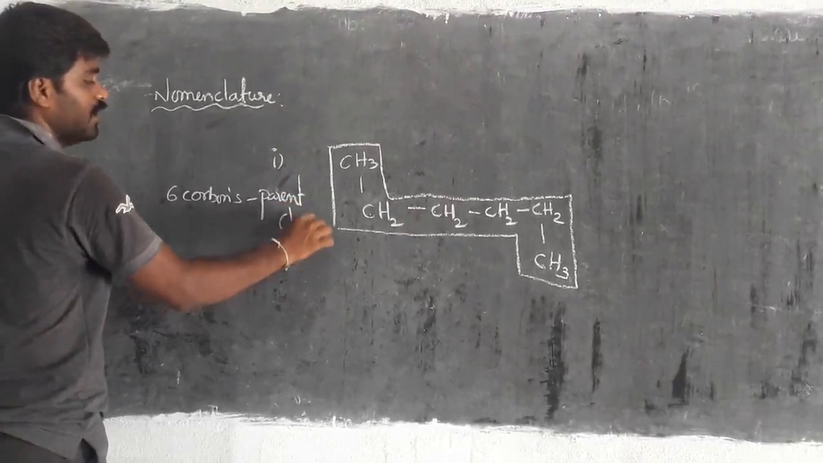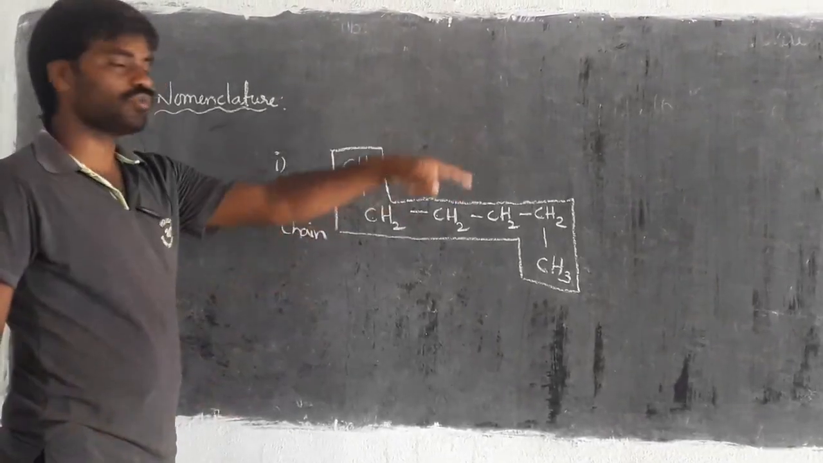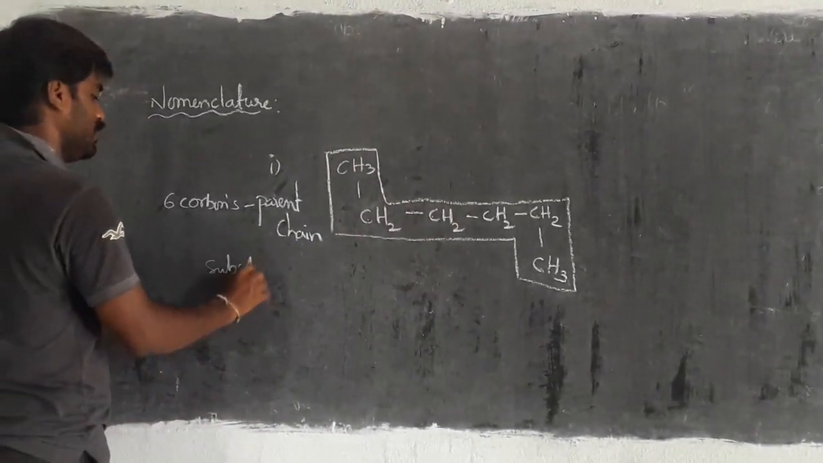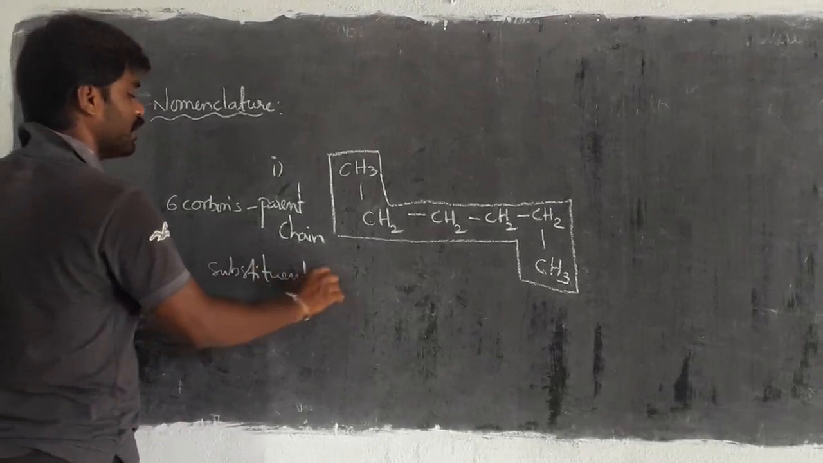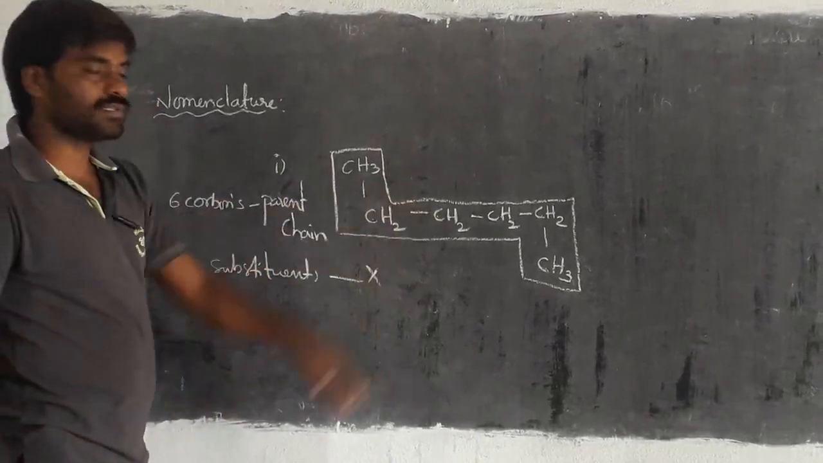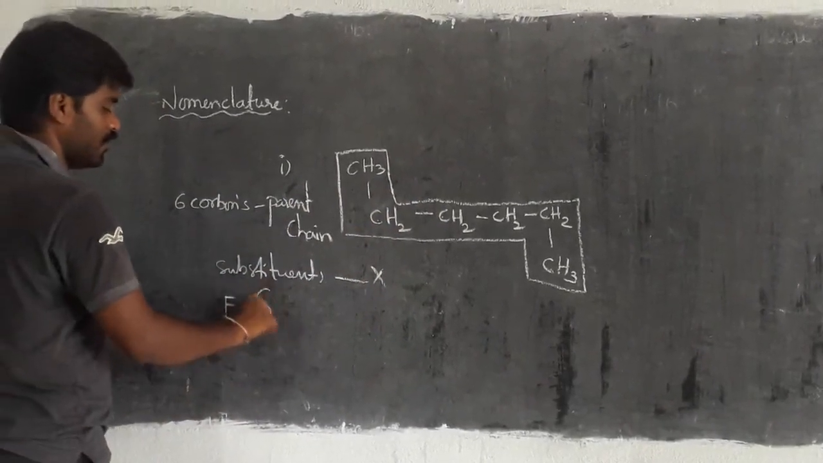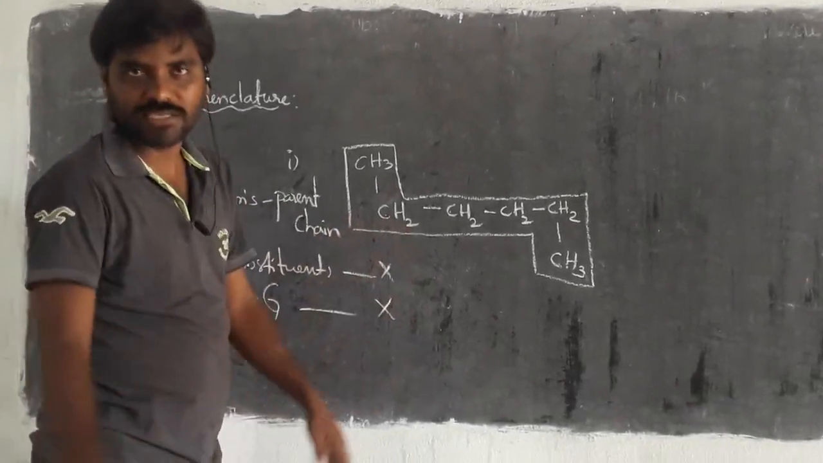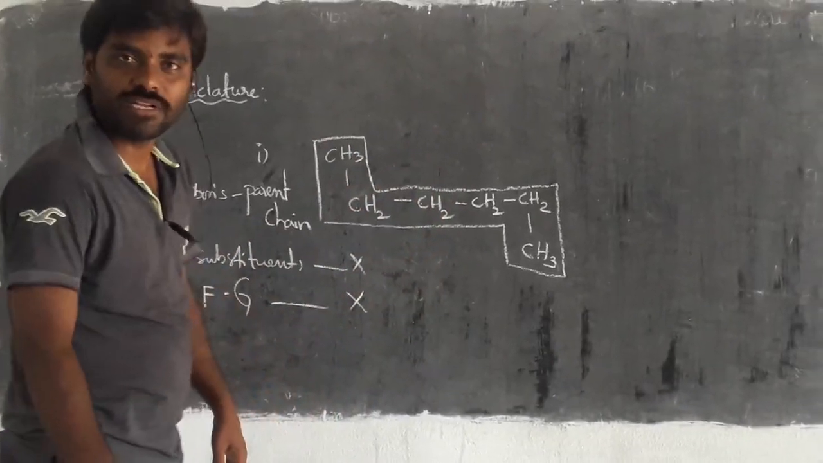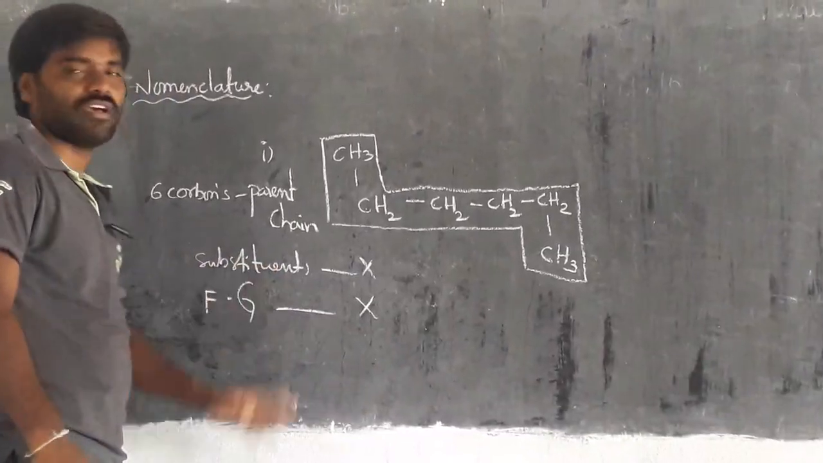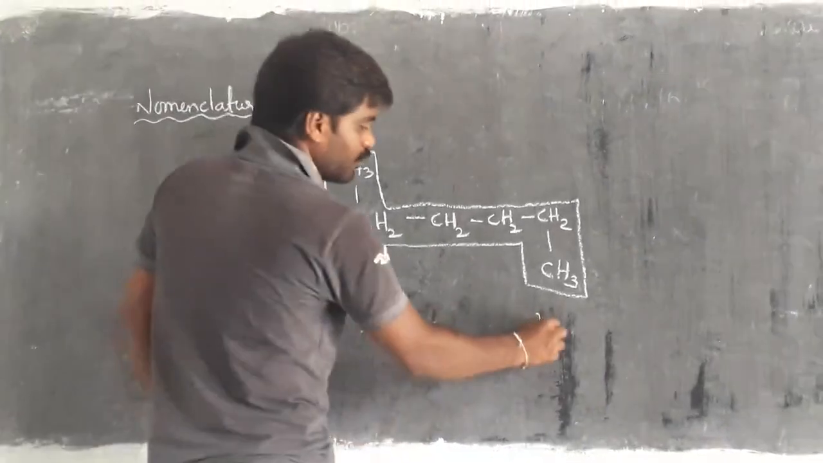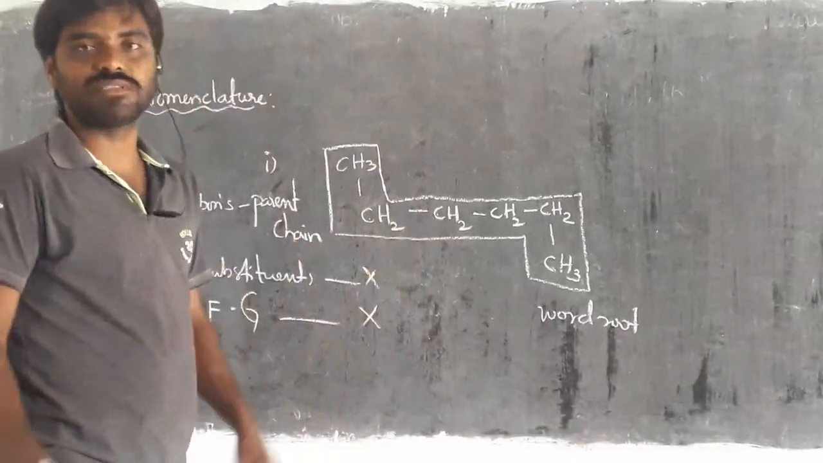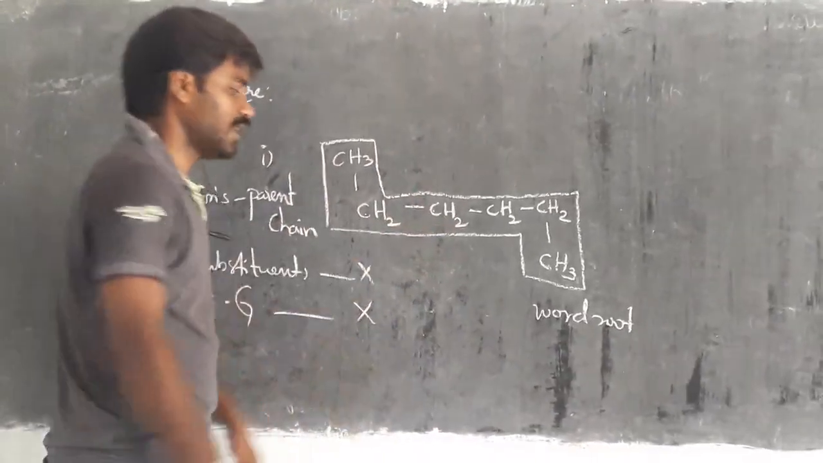That should be considered as the parent chain. Is there any substituent? No substituents are present. Is there any functional group? No functional groups are present. For that, the number of carbons only we should consider as the name of the particular molecule. So we do not have substituents, we do not have functional groups. Then first we have to take the word root. The word root is based on the maximum number of carbons in the parent chain. Here 6 carbons are there. For that we can write